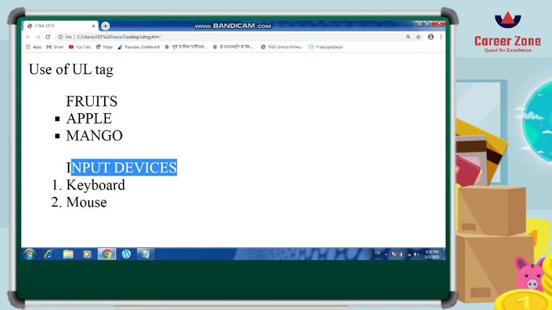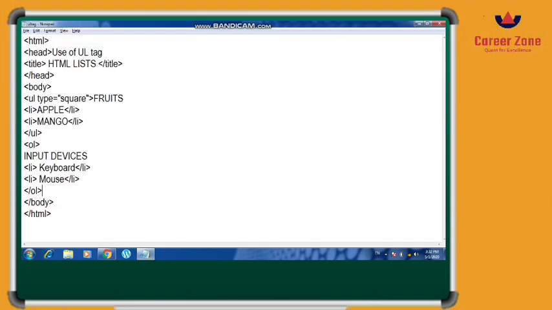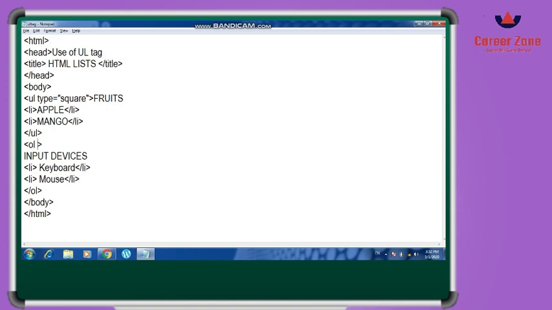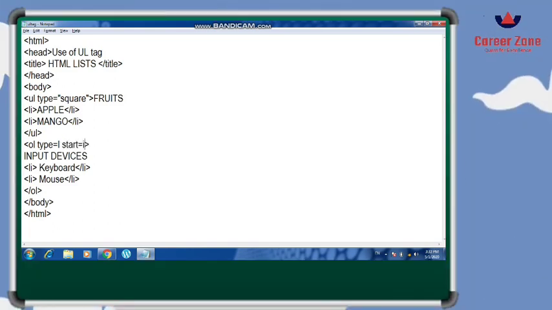Now if I want the data items to be written in Roman letters, I will write here type is equal to capital I, start is equal to the Roman number. Let me see how it works.